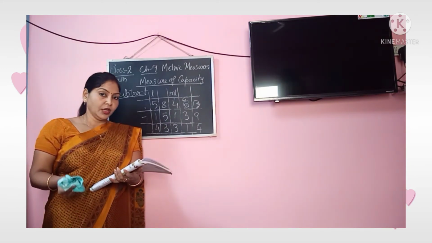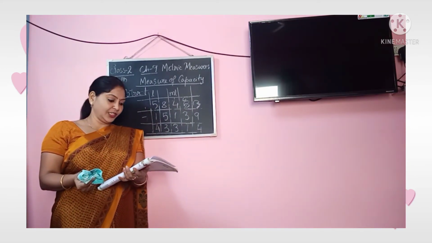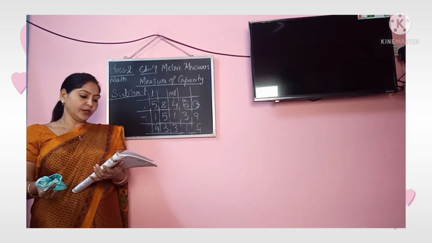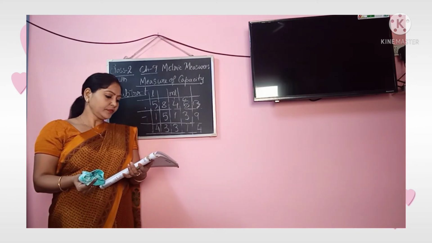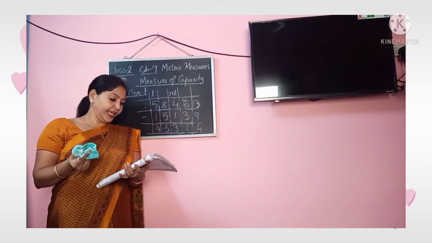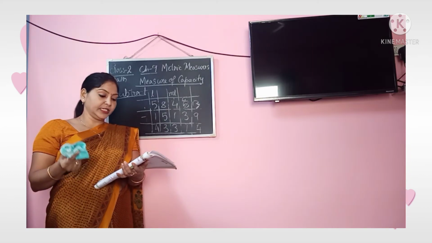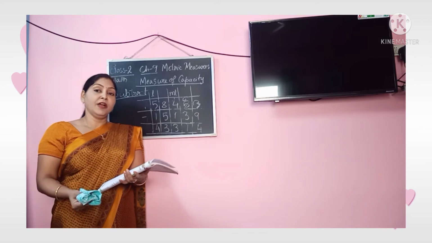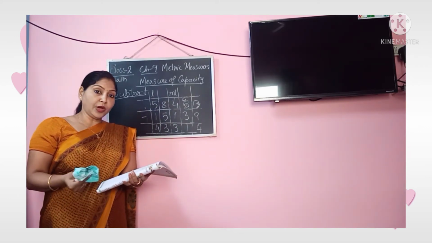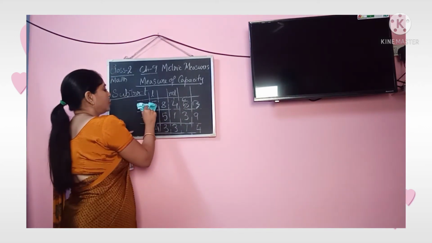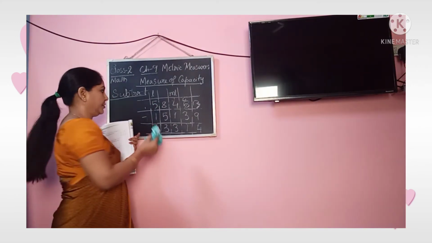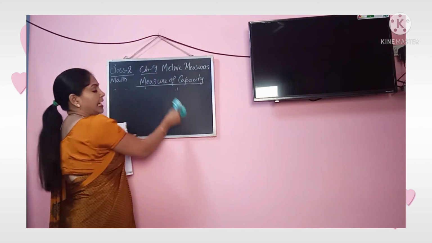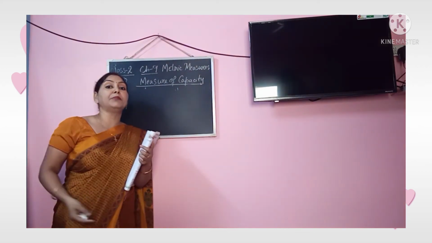This is the total capacity of the tank. 44 liter 400 milliliter of water was filled in the tank. Already 49 liter 300 milliliter was there, and again it was filled up with 44 liter 400 milliliter. Now you have to find out the total. So as you know, total means always addition. I have already taught you the vocabulary. Please use the vocabulary so that you can do the word problems easily.